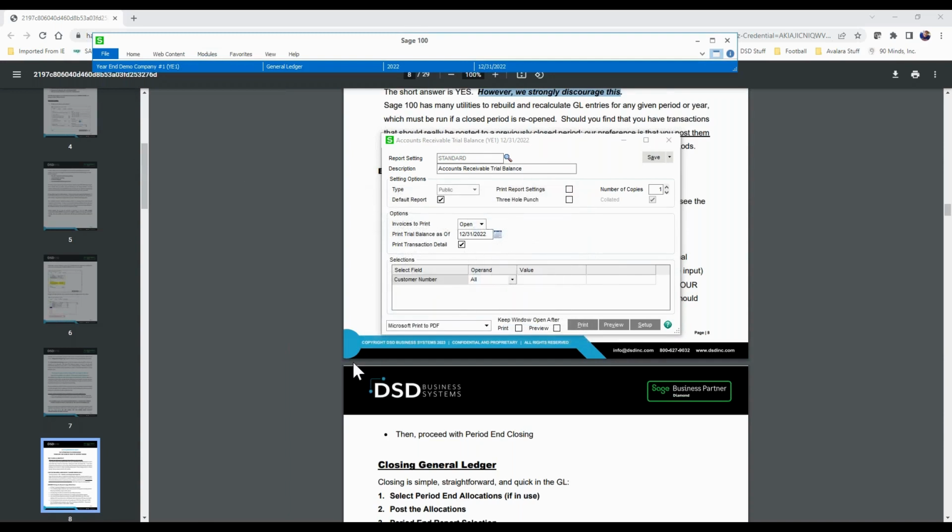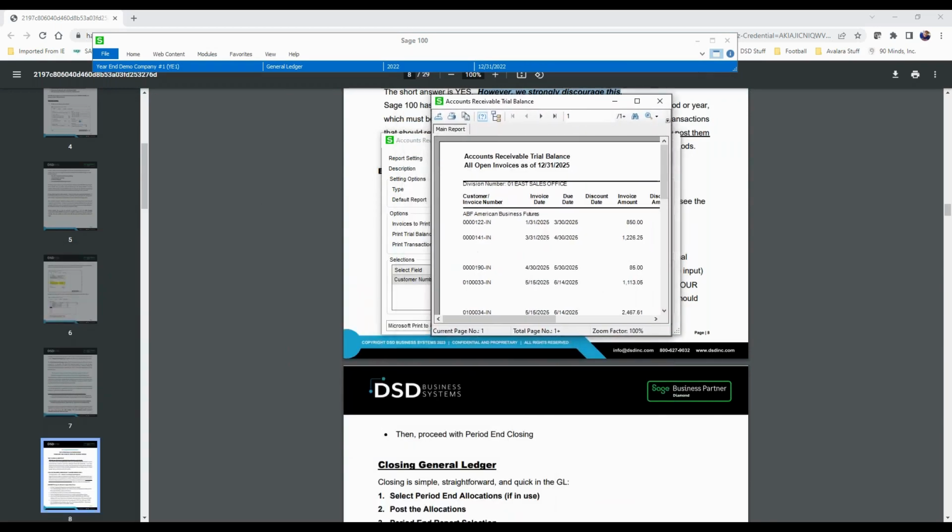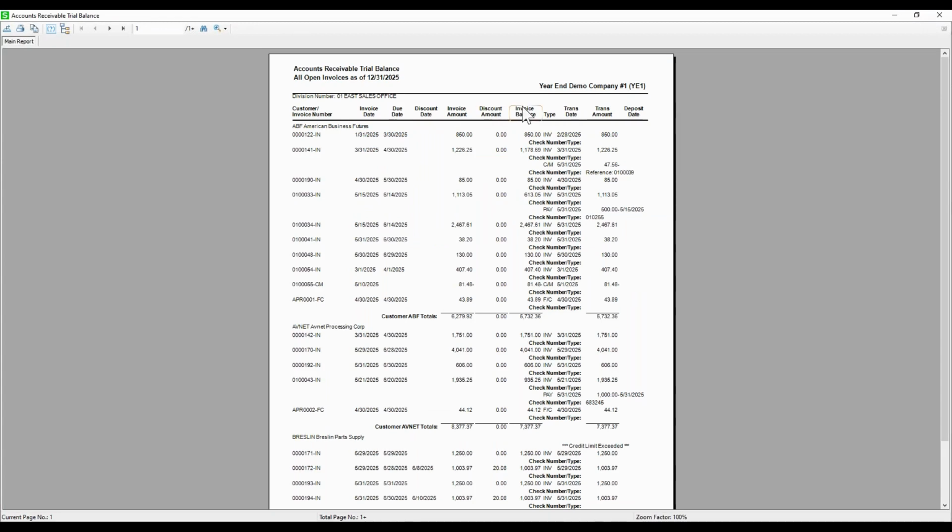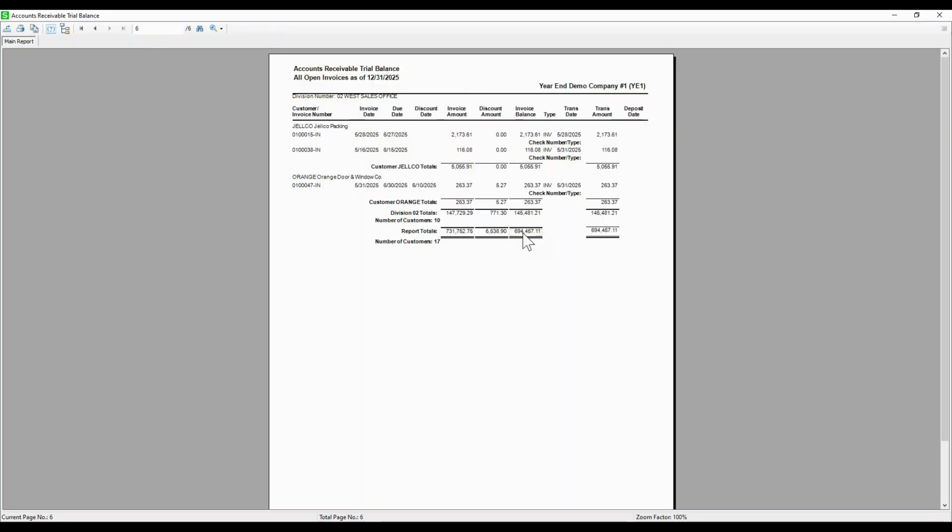I'm going to run this for the year 2025 because my demo data has data in 2025. It'll make for a more meaningful example. So pretend this is 2022. I'm going to do 2025. And now I have an AR trial balance with data in here. In my invoice balance column, this one right here, on the last page, that number right there, that's 694,457,